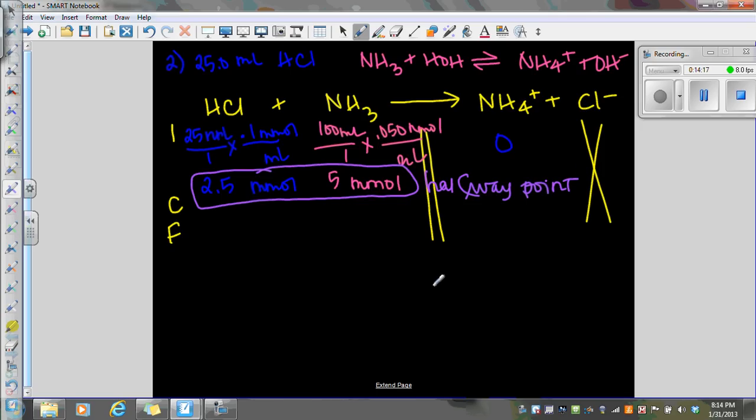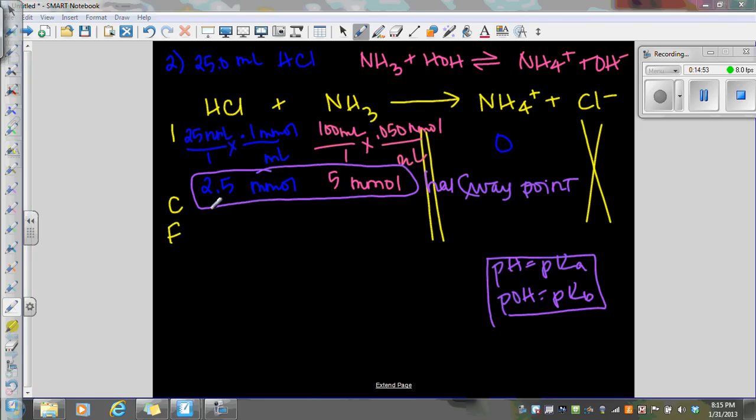What's true at the halfway point is that pH equals pKa, or in this situation, pOH is going to equal pKb. If you remembered that, you could just state it at the halfway point, because I have half as much strong acid added as I do weak base, and save myself a lot of work. More than likely, we're not going to recognize that, so we're going to say, okay, HCl is